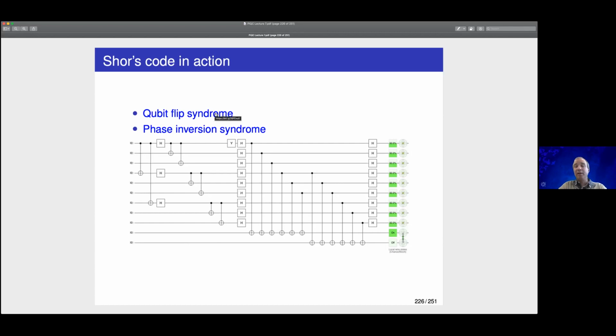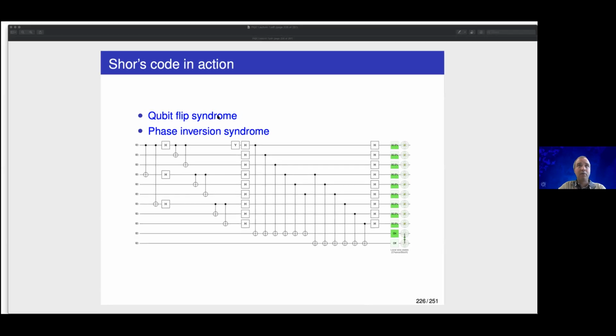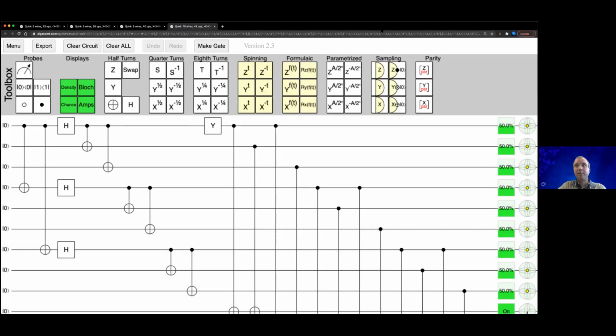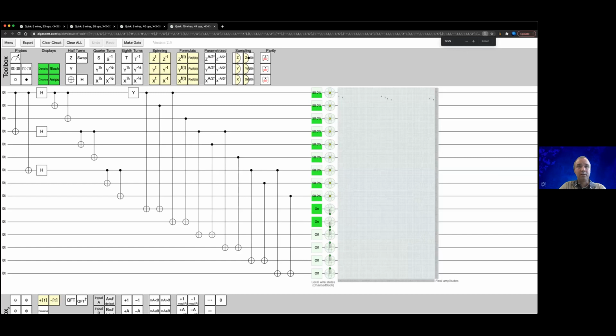I could not fit all the syndromes, all the needed qubits, in one circuit, because the maximum number of qubits in Quirk is 16. So I divided this into measurement of the qubit flip syndrome and the phase inversion syndrome. But in practice, you would need both at the same time. Okay, so let me open this, change my screen, and probably I need to make this smaller, like that, for instance. Okay, so this is the part that corrects against